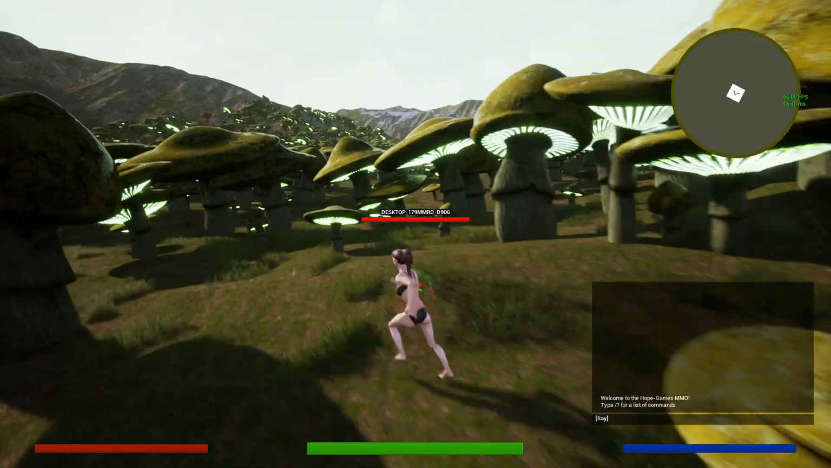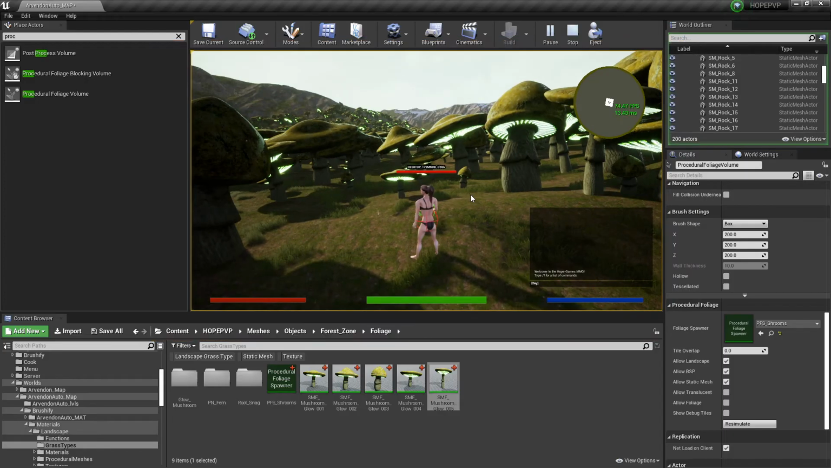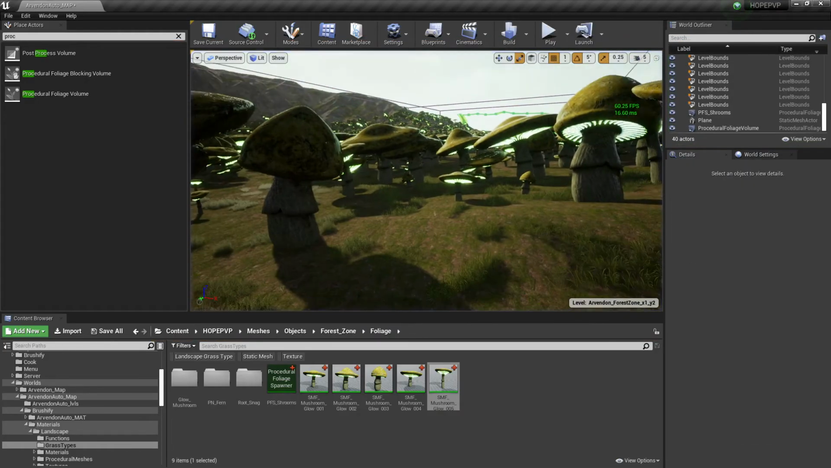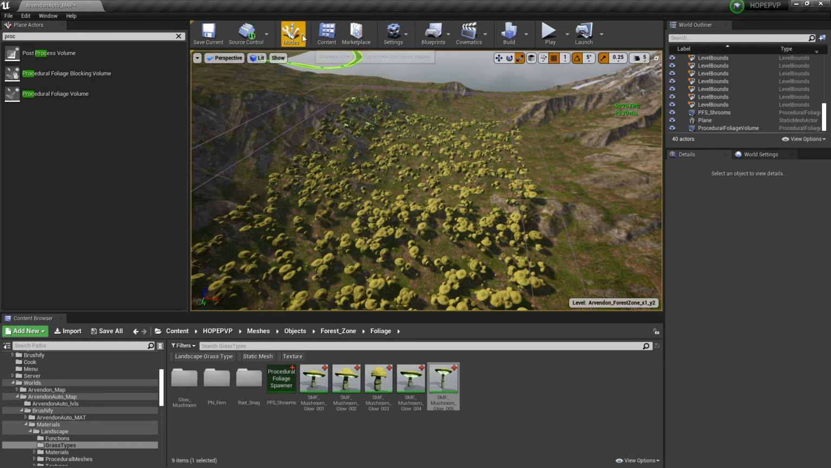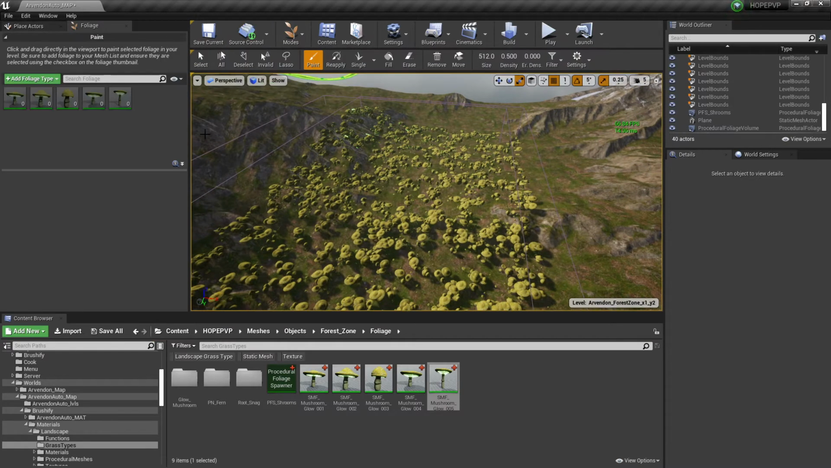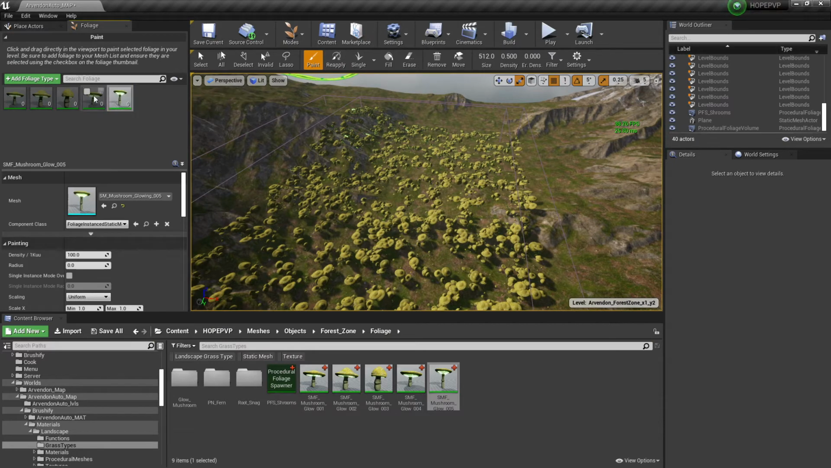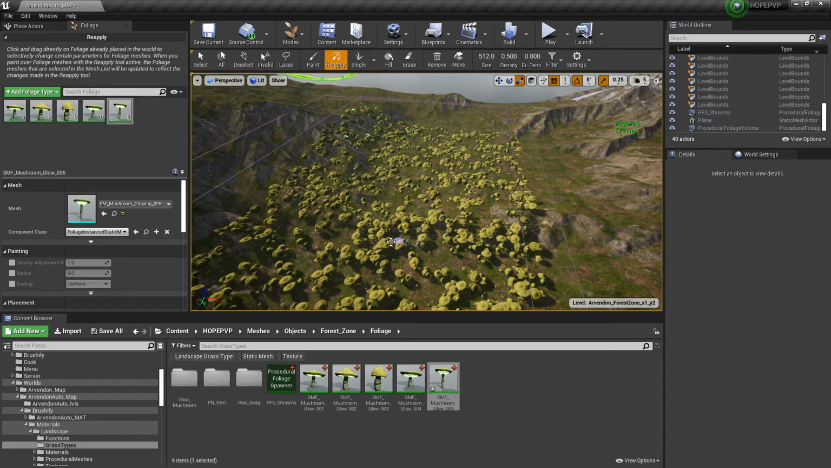Now the beauty of this is once you have this foliage in place, if you go into the foliage mode, you have this button called reapply. So if you select these things here and tell it that you want the density to be less, we'll take the density in half. And then if I take this reapply brush and paint over,